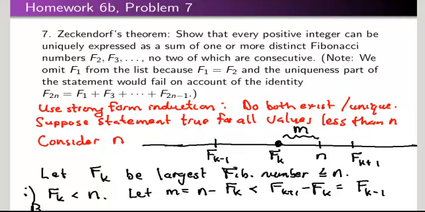So by induction assumption, m has a unique representation as a sum of one or more distinct Fibonacci numbers, no two of which are consecutive. And moreover, because it's smaller than fk minus 1, with no fk or fk minus 1 in the representation. Now come back to n, and you're going to get n as a sum. So the question then is the uniqueness part there. So that's existence. And then uniqueness,